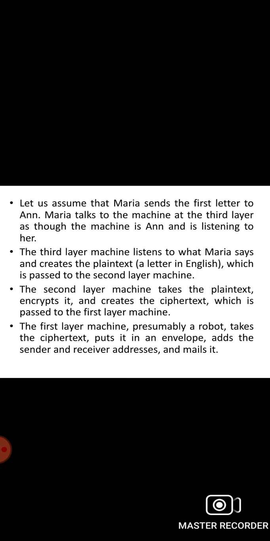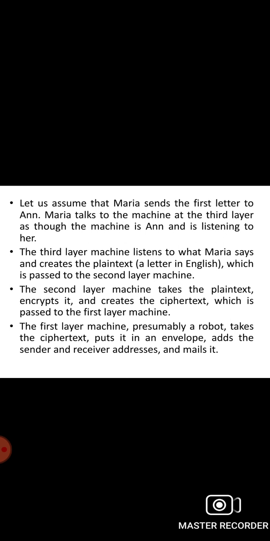Now let us assume that Maria sends the first letter to Anne, and Maria talks to the machine at the third layer as though the machine is Anne and is listening to her. The third layer machine listens to what Maria says and creates a plain text, that is a letter in English, which is passed to the second layer machine. The second layer machine takes the plain text, encrypts it and creates the cipher text, which is passed to this first layer machine. The first layer machine, preferably a robot, takes the cipher text and puts it into an envelope and adds the sender and receiver address